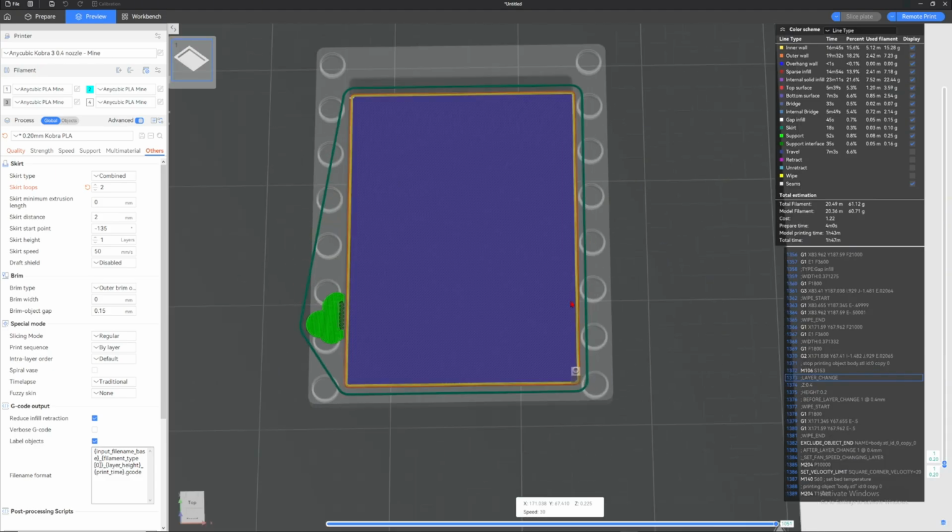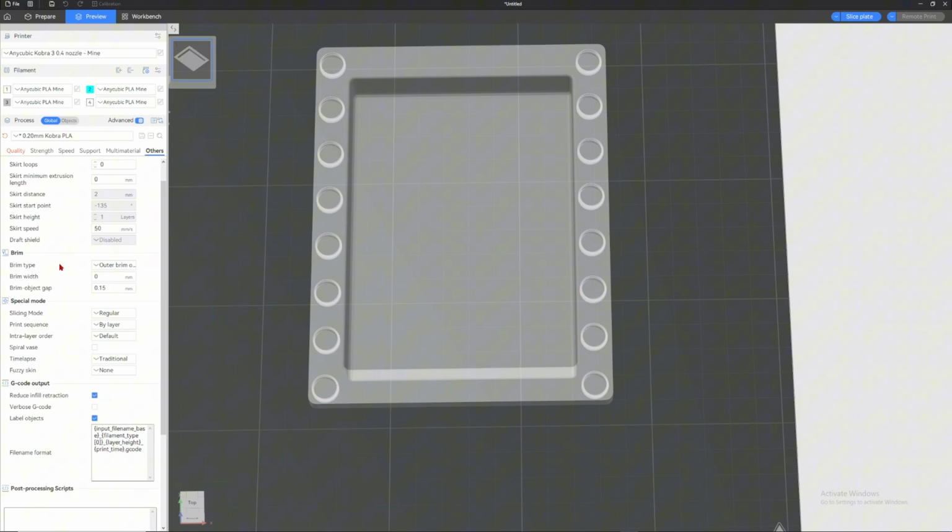Recently, I don't use the skirt at all because it's just a waste of time, materials, and stuff like that. Pretty much just leave this at 0. The brim, I still use the brim